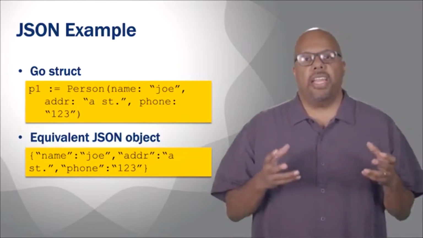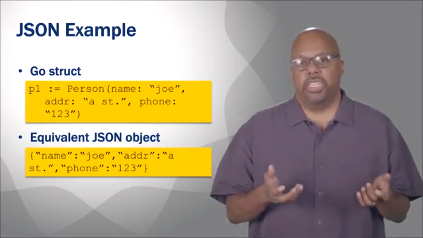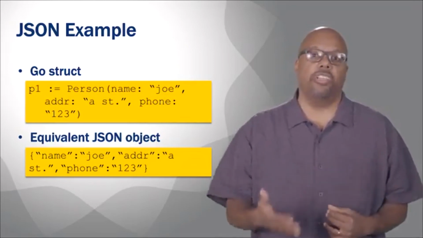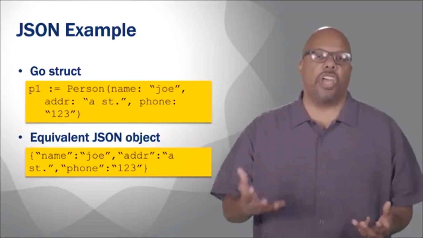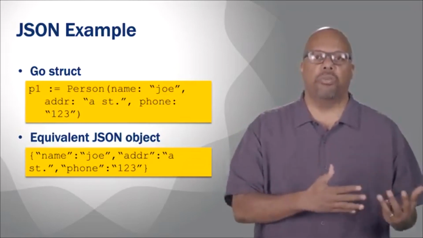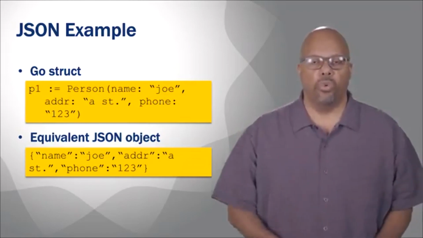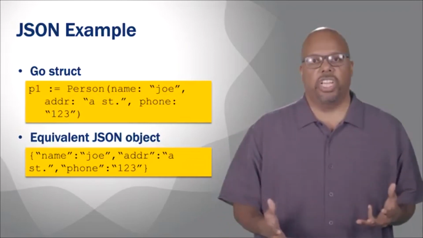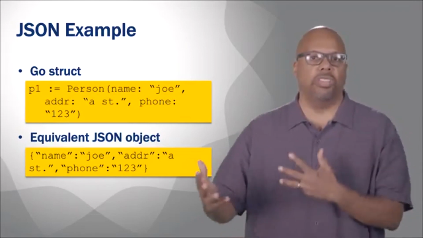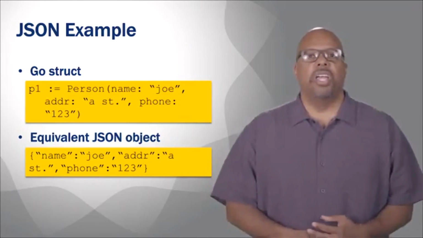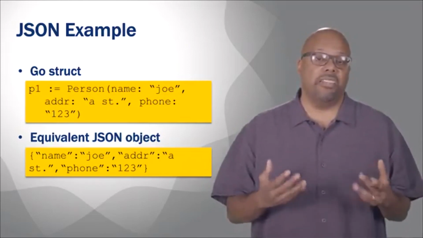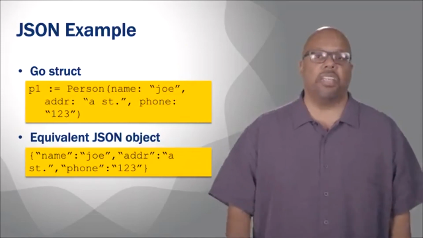So that JSON object, we can take that and pass it on to some other machine, some other program, and if they can interpret JSON, then they can extract all the information that we were using in our program about this person. And this is, of course, one person, but I could have a database full of people, and I could just make a set of JSON objects, pass it to somebody, and they could read this database full of people. So this is just a simple example of JSON, but JSON is actually nice, and it's a good format. It's well accepted.